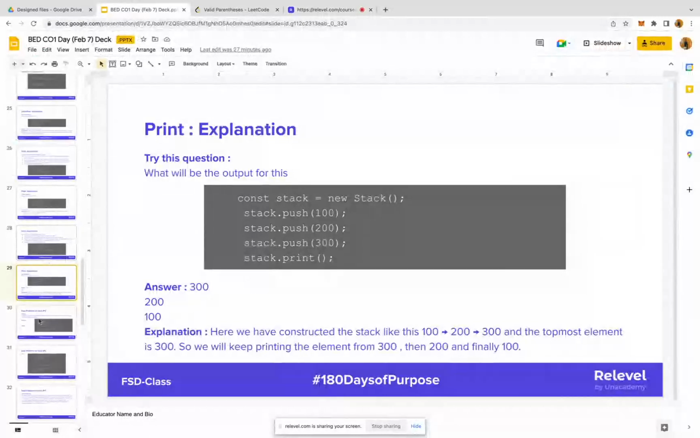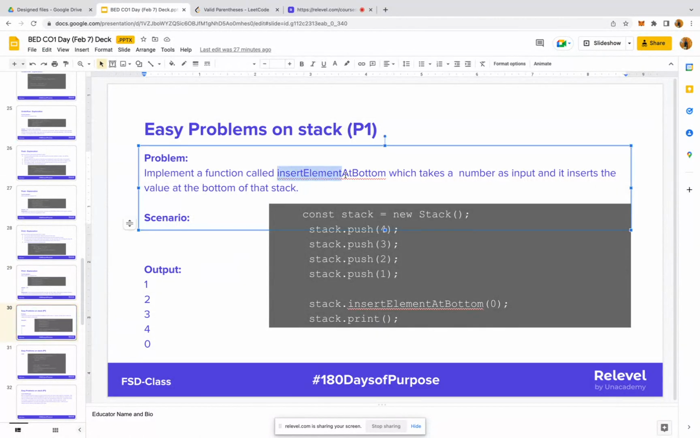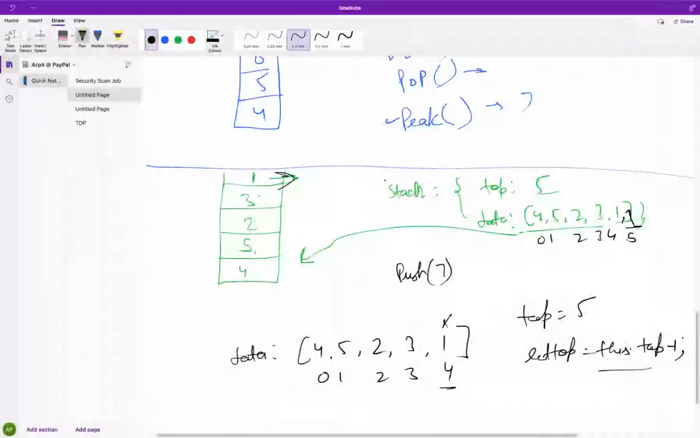So let's see the first question, guys, which I think some people can guess, but let's see. The first question is insert element at bottom. You guys know how insertion happens in the stack. If somebody wants to insert something,